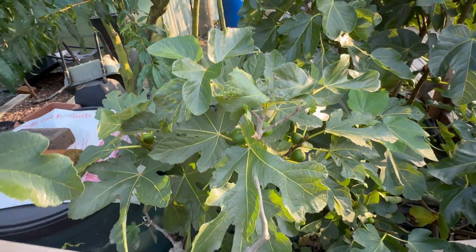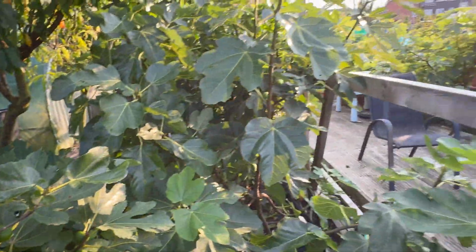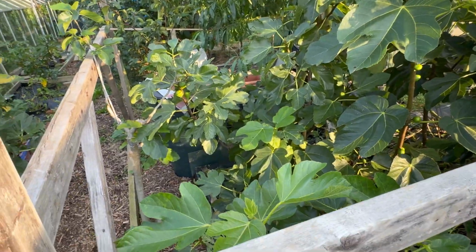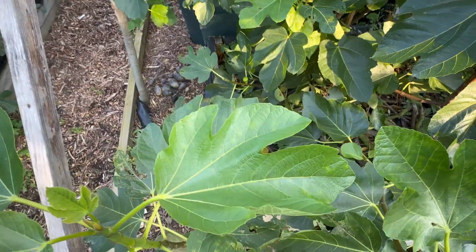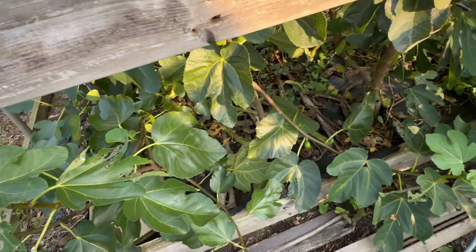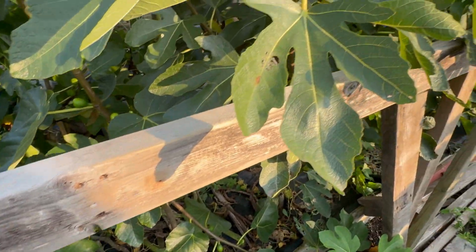This here is a multi-grafted tree. Yes, several other varieties grafted onto it. I've mentioned the varieties before, so I won't talk about the names again. This is a beautiful Adriatic type fig, but it's Paradiso Toscano from Zero. And this here, it's got a branch snapped off, but that's okay. It's Dolca from Ponce, and